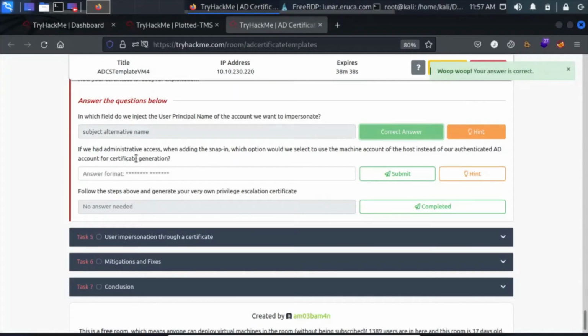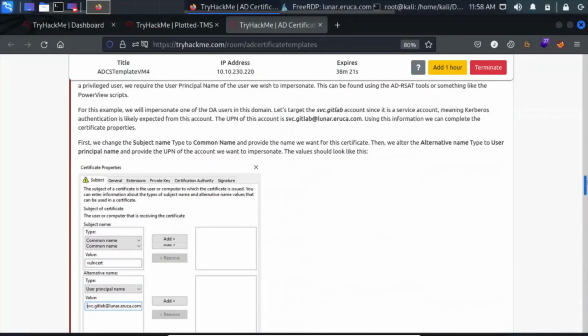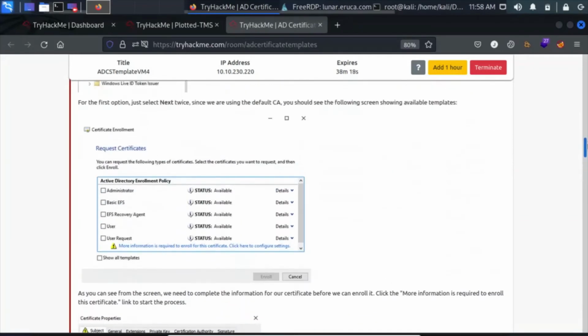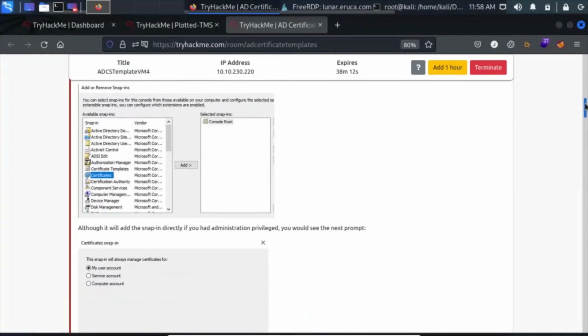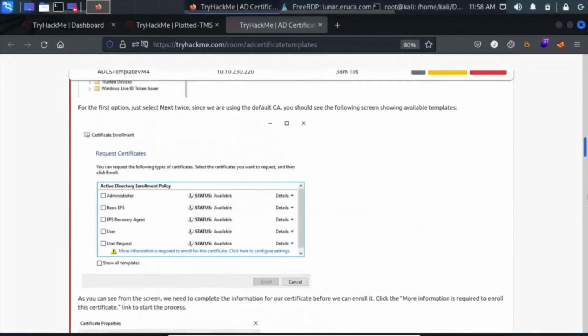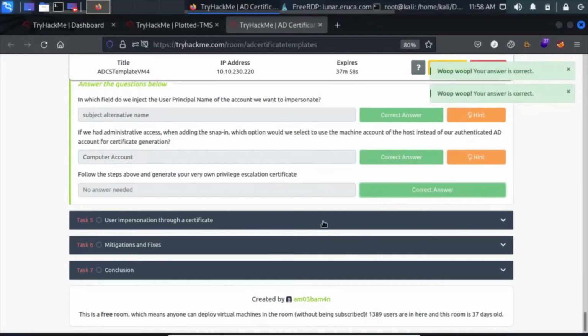If we had administrative access when adding the snap-in, which option would we select to use the machine account of the host instead of the authenticated Active Directory account for certificate generation? What would we have selected? Okay, we would have the snap-in to always manage certificates for this computer account. I think that would be the one. Let's go down here. Computer account. Okay, so let's move on to task 5,